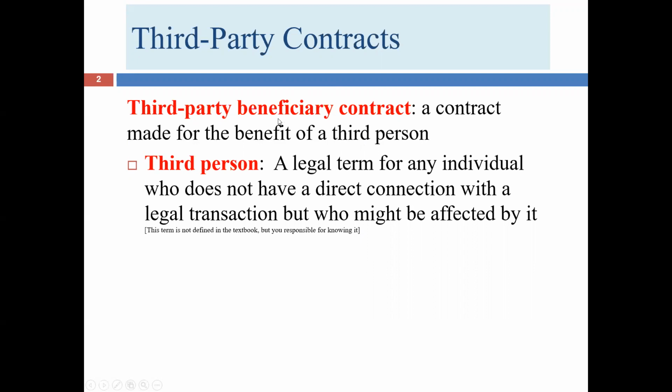And you can see all the terms here. Beneficiary obviously is, you can see the first several letters are the beginning of the word benefit. And of course, the third party is just another term for a third person. And third person is a legal term. You hear it pretty commonly, and I think even people not in the legal business use the term fairly commonly. If it's not one that you're familiar with, though, please pause and think about it for a second. This definition actually isn't provided by the textbook, but I'm adding it just in the event that you're not familiar